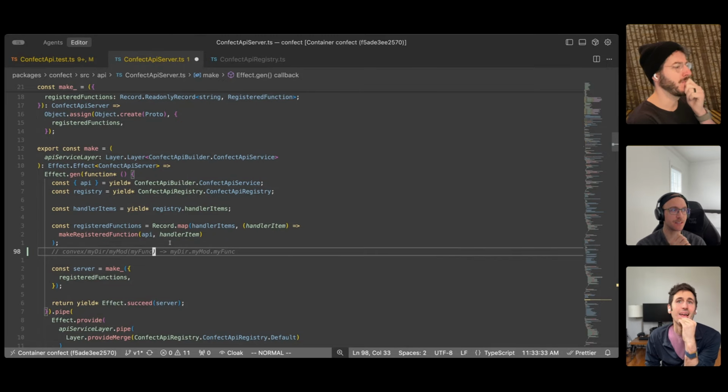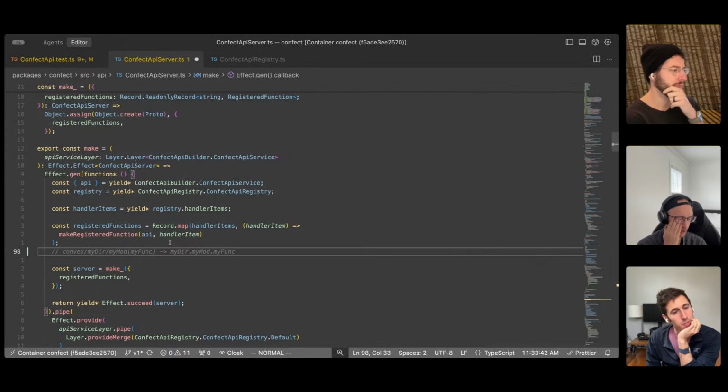Like if Convex is expecting, I don't know what the plan is going to be necessarily, and I'm sure you've thought through this, but one of the things that I see being potentially difficult, unless you're planning on using this server thingy directly in the different folders and files, is that